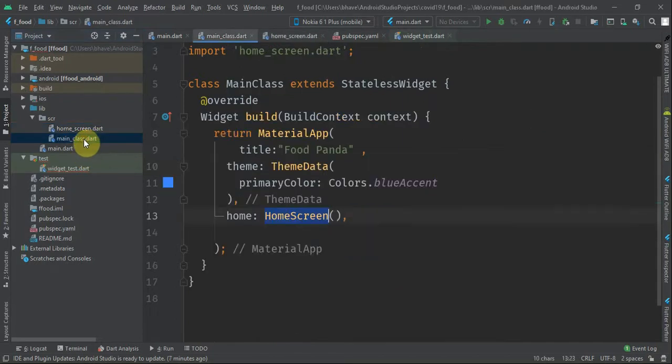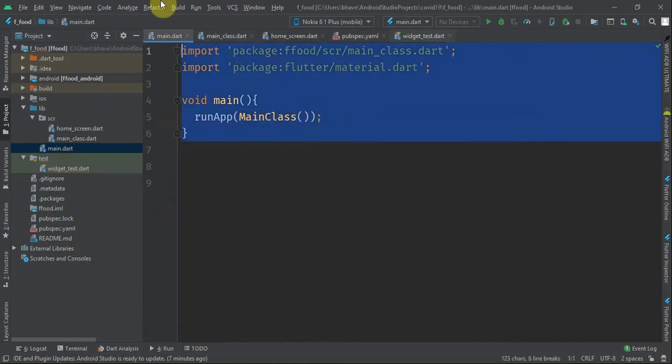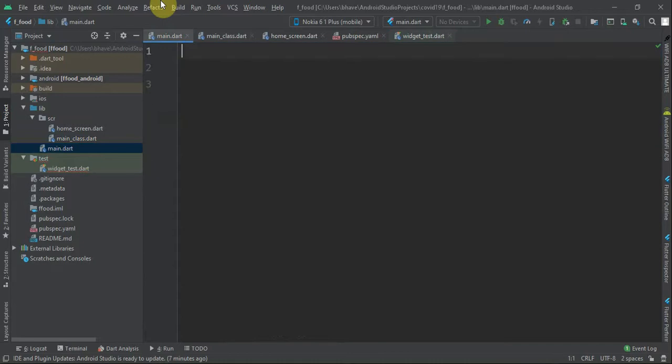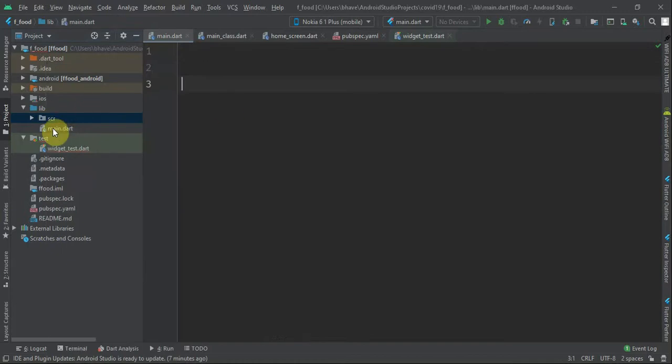Okay, so when you create a new project, you will get that main.dart. In that main.dart I will code it again. Forget about the screens and all for now. If you want I can delete them, but they will remain the same. Just assume that there was a lib folder, and inside that main was there.